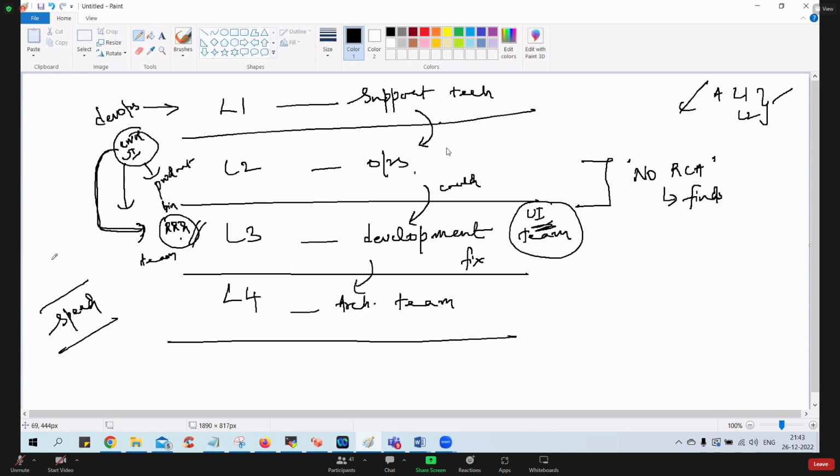Okay. And one more interesting point here, please take down this point quickly. These are escalation levels in DevOps actually. We'll go back to the same diagram. Let's take down this pic quickly.